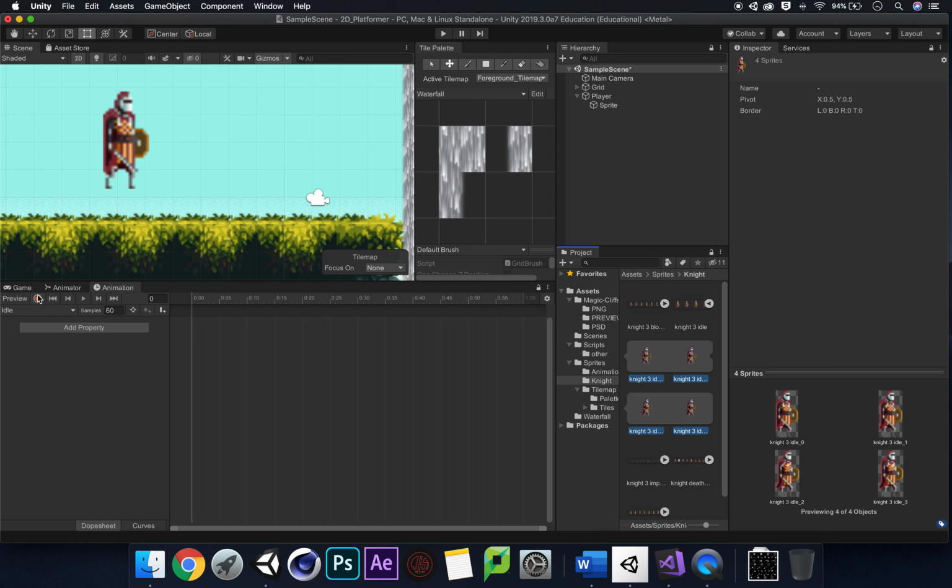where it says now idle, and click the record button. And what I can do is grab all 4 of these and drag them into my animation tab just like that. And as you can see, it's recorded all 4 of the keyframes that I've added. And remember to stop recording once you've done that. So what I should be able to do is press play and have an interesting